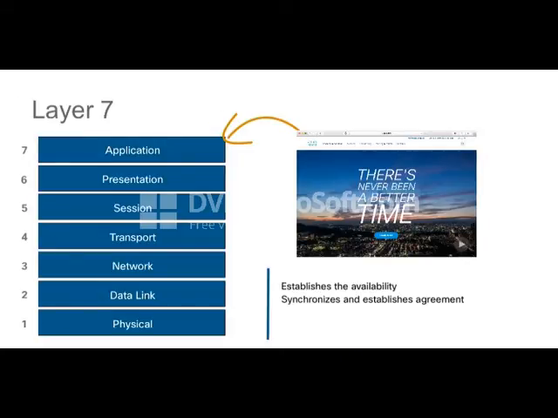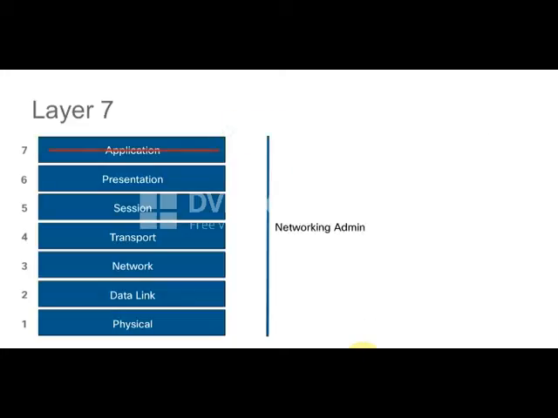It'll do some error recovery and control of my data integrity, but all in all, as a networking person, we generally don't work at the application layer or the presentation or even the session layer for that matter. As a security analyst, you do need to be a little more aware of what's happening at layer